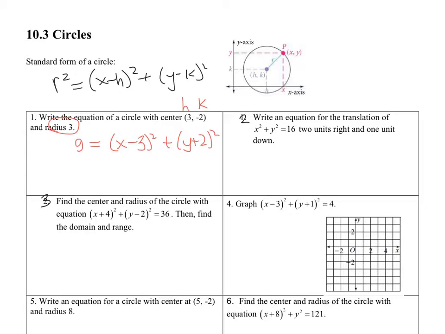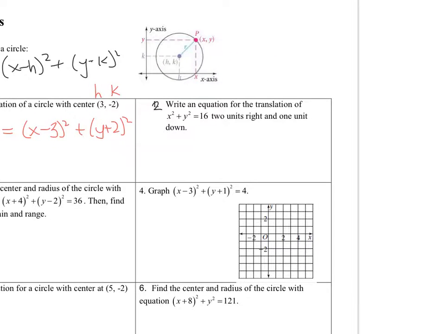Oops, this one should be number 2, this should be 3. Okay, number 2. Write an equation for the translation. The translation means to shift left, right, up, down of x squared plus y squared equals 16, 2 units right and 1 unit down. So if we're going 2 units right, we're going to have (x minus 2) squared. And 1 unit down is going to be y minus -1, or (y plus 1) squared,